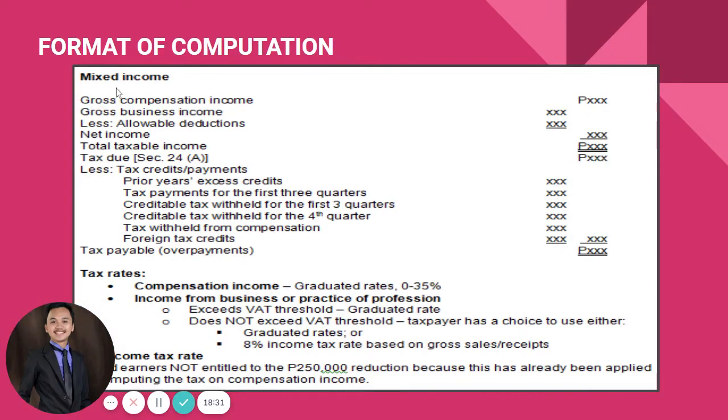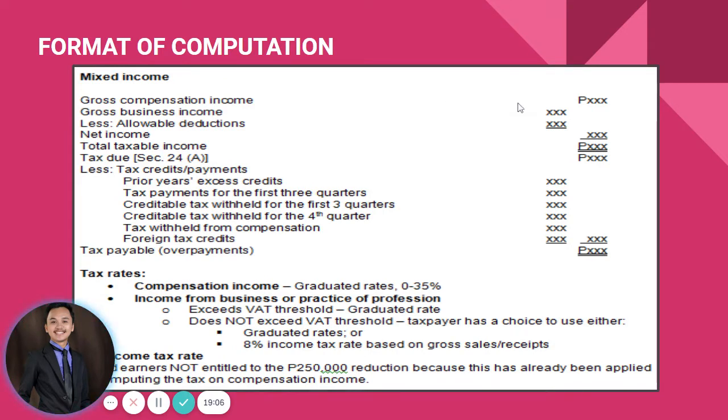This time, if the income is mixed, okay? When there is mixed income, there is a combination of compensation income with business income or with your professional income. So, ganito ang format. The format would be just simply add your compensation income, guys. So, obviously, this gross compensation income should be net na ha. It should be net of your